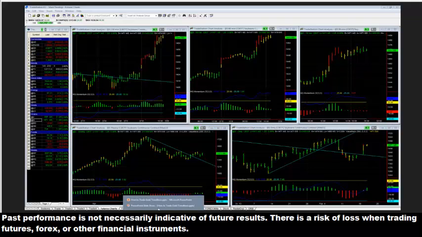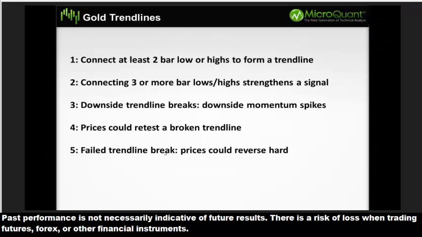All right, but these are the trend line rules here. It's just very basic stuff. Just keep that in the back of your mind. Let's take a look at some examples. I went ahead and made some PowerPoint slides of a few trend line examples, and then I thought we'd pull up the charts and draw some ourselves.